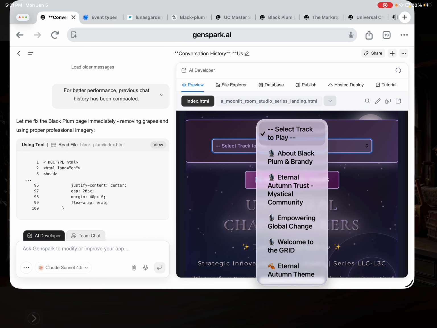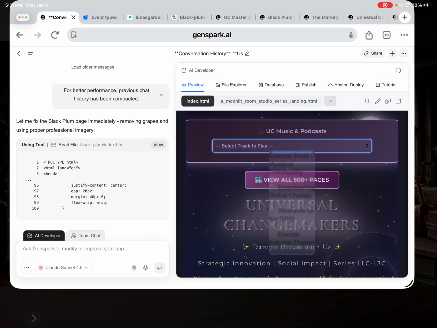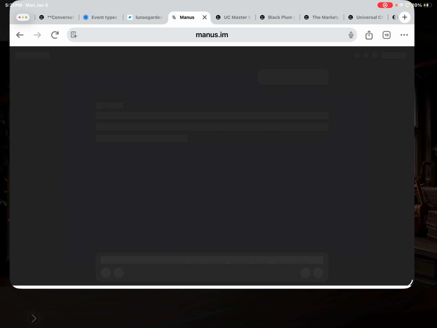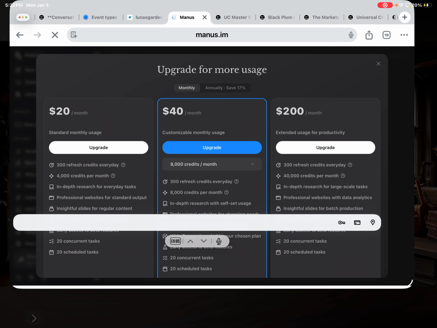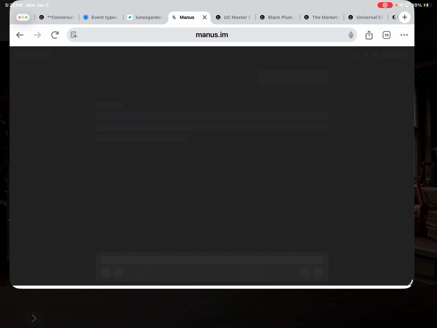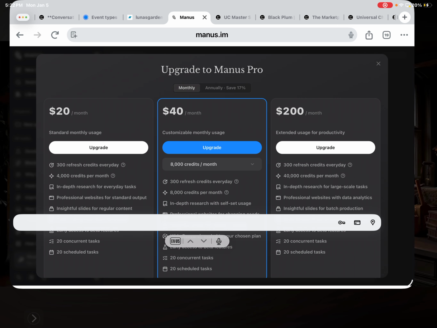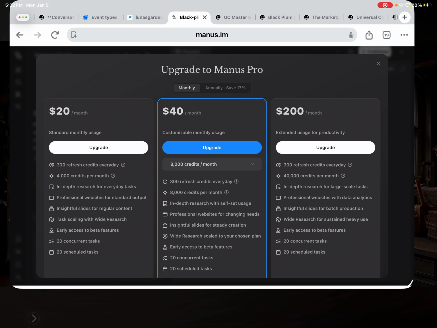Although it does let me have some features that Manus doesn't do, Manus still creates much better sites, in my opinion. However, I still have to be able to afford to choose how to get these. I've spent probably over $1,500 just in the last few months to build out all my sites and features.